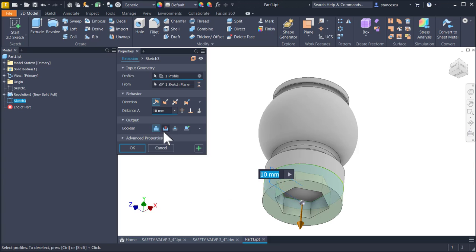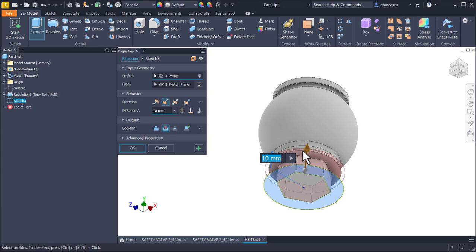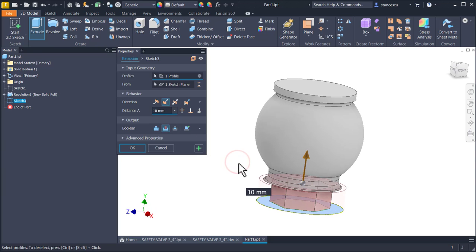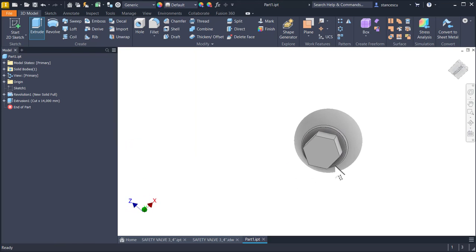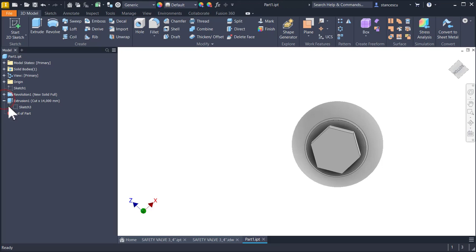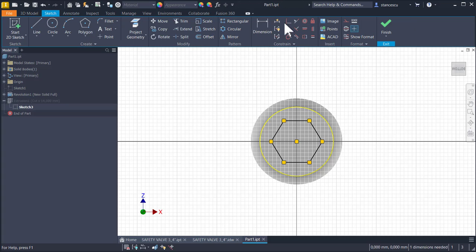this with cut on this mid, which is 14. Okay, and now we go back to the sketch to make coincident this point with this circle. Finish sketch,